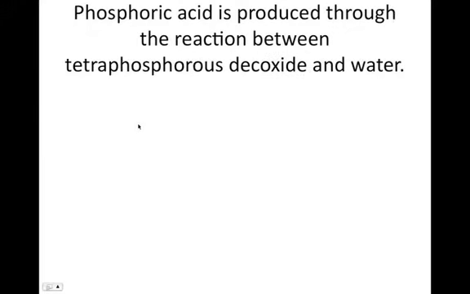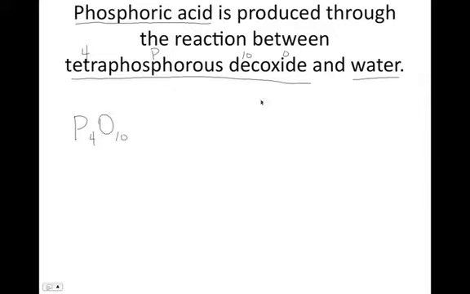Phosphoric acid is produced through the reaction between tetraphosphorus deck oxide and water. So phosphoric acid is actually our product because it says is produced through the reaction between tetraphosphorus deck oxide and water. So tetraphosphorus, tetra means 4, phosphorus is P, so we have P4. Deck oxide, deck is 10, oxide is O, so